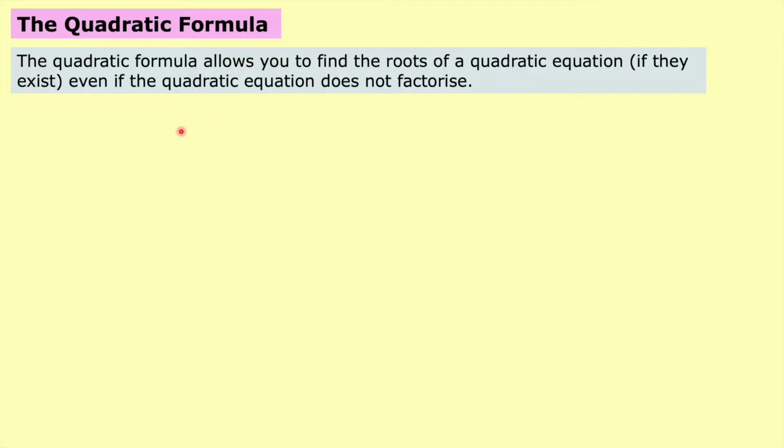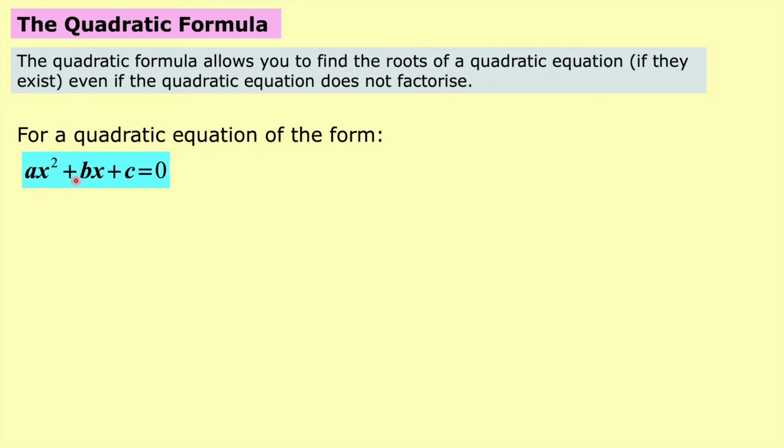This is how we are going to solve these equations. The quadratic formula allows you to find the roots of a quadratic equation, if they exist, even if the quadratic equation does not factorise. Like I said previously, all the questions we've looked at so far, we were able to factorise them and find our two roots. But what happens if we can't factorise them? They can still be solved, but we're going to use what's called the quadratic formula. For a quadratic equation of the form ax squared plus bx plus c equals 0, where we have some number for a, b and c,